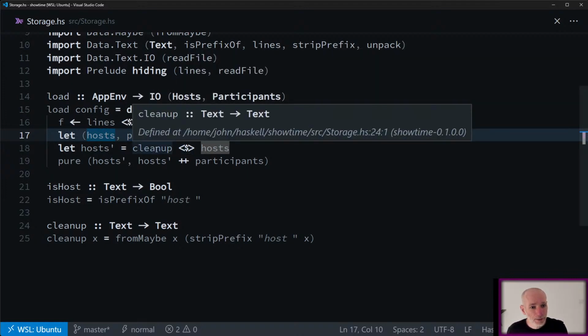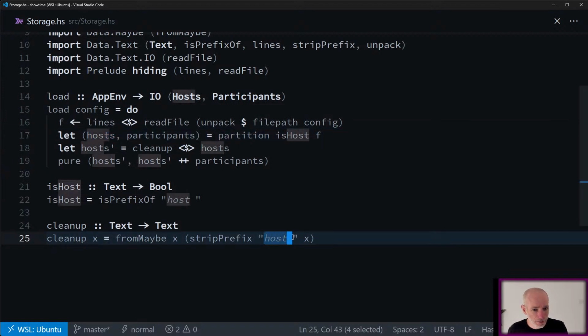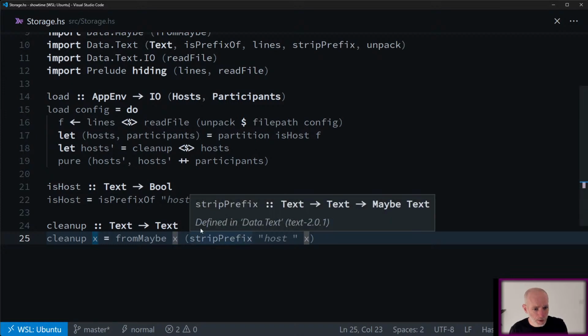Then I run cleanup on each of the hosts, and all that does is take the host prefix out. You're left with just a name. I have to look at why this is a maybe. But I guess it's a maybe because it doesn't know whether or not you have this prefix.